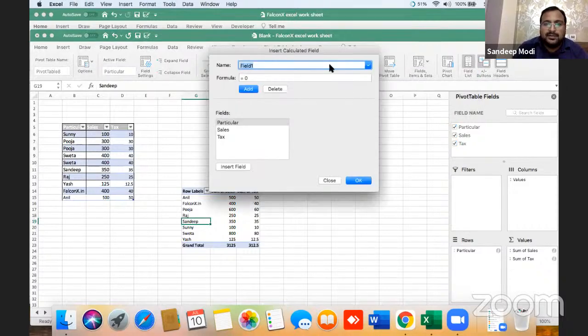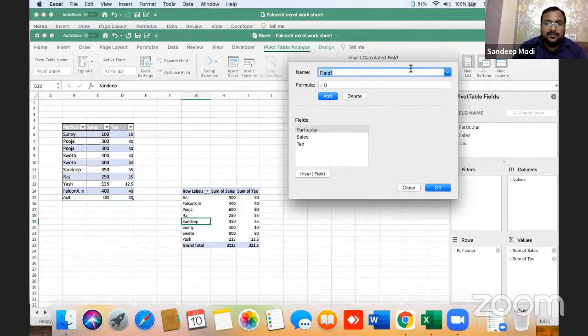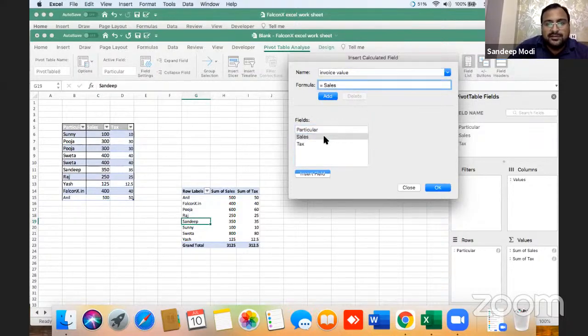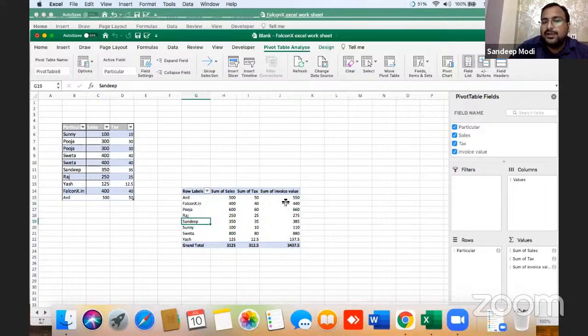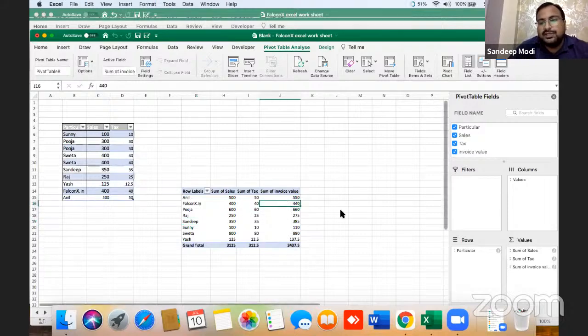here. Now I want field, invoice value. Let me put here invoice value. What is invoice value? Sales plus tax. You can easily add it, and here we go, we got the answer. Now if you change anything, these values will remain intact.